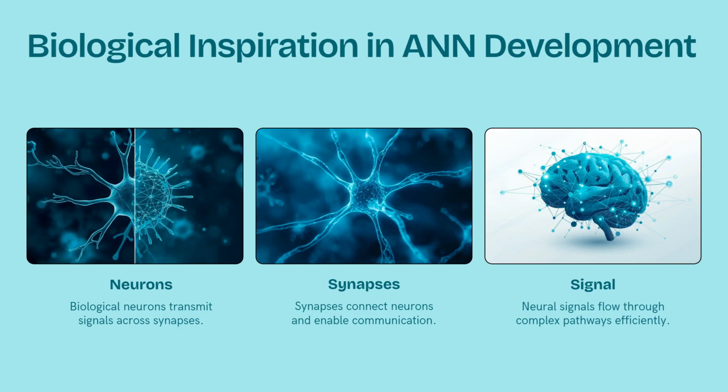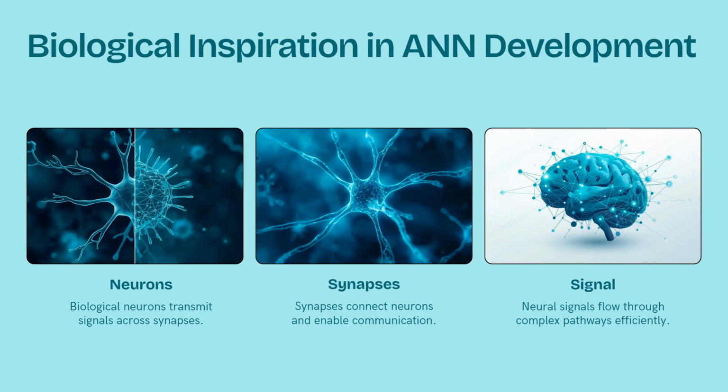Second, we have the synapses. Imagine synapses as a bridge. When the bridge is strong, signals pass easily. Sometimes the bridge is weak, signals fade. When you learn something new, your brain strengthens synapses. When you forget something, those synapses weaken. And third one we have is the neurons. Neurons are the workers of the brain. They receive input, process it, and send results to the next neurons.